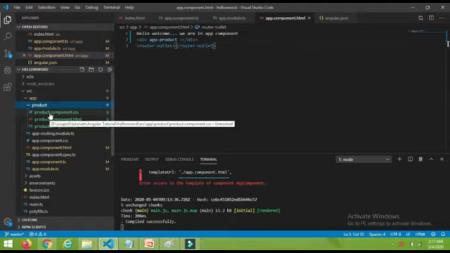In the previous video I gave you the overview about the Angular CLI. Angular CLI is nothing but a command line interface tool. It provides some basic commands which are used to create these building blocks of Angular.